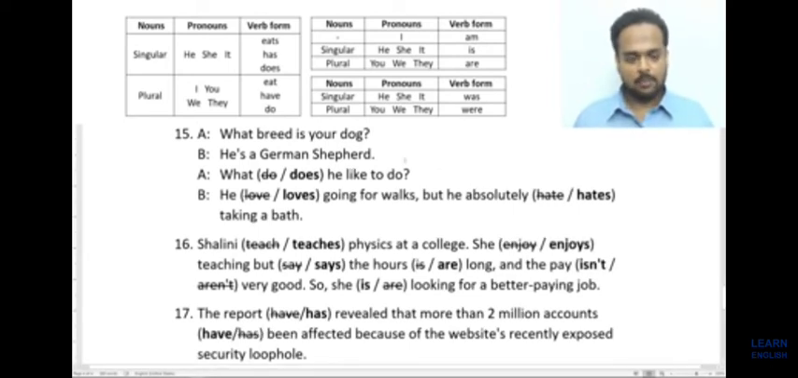Okay, number 15, what breed is your dog? He's a German Shepherd. What does he like to do? He loves going for walks, but he absolutely hates taking a bath. 16. Shalini teaches physics at a college. She enjoys teaching, but says... Now, up until this point, we've been dealing with Shalini, who is